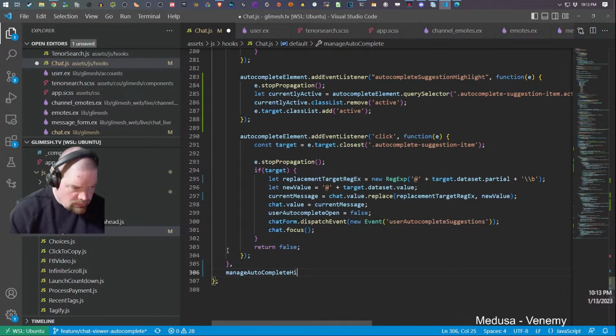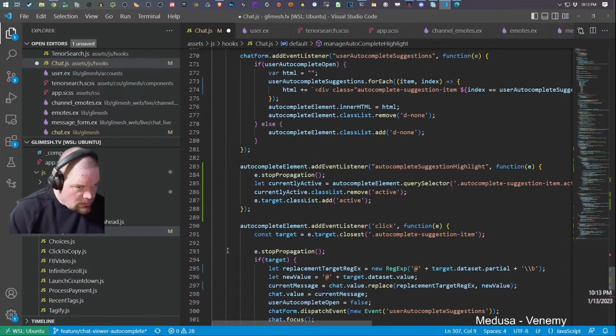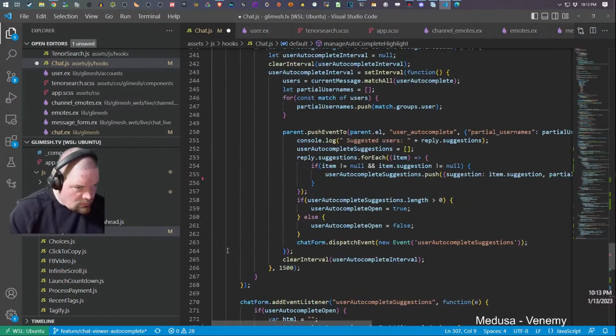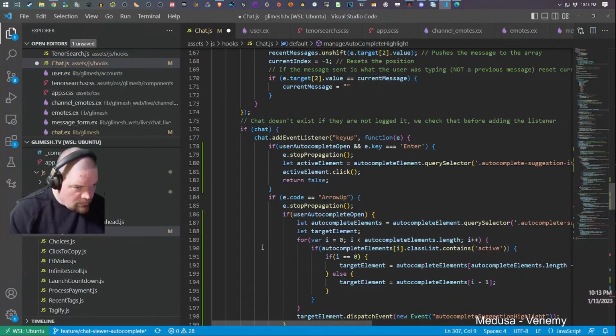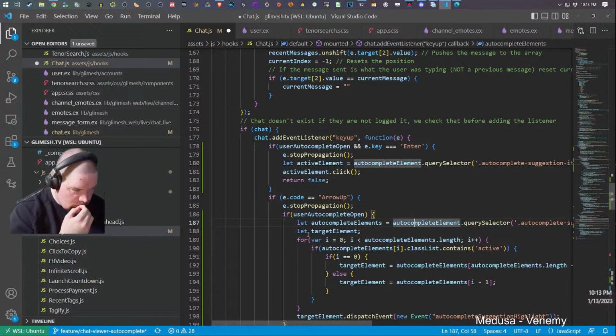Manage autocomplete highlights. I need to take a, what is that? Well, I guess I just gotta pass the autocomplete element into it.